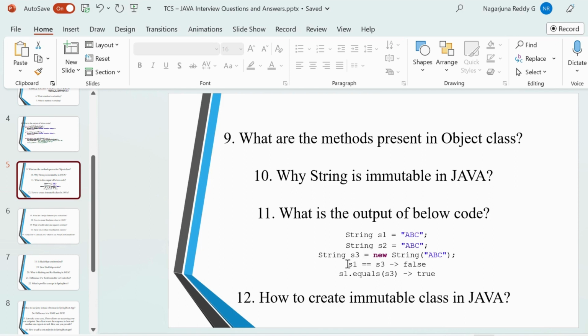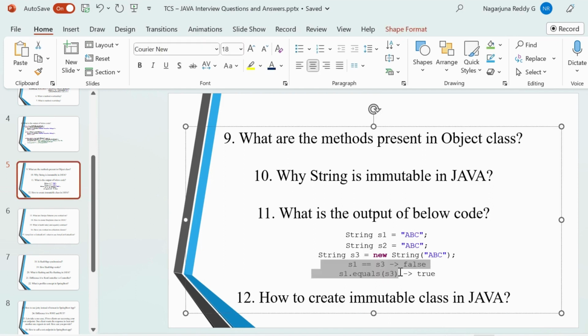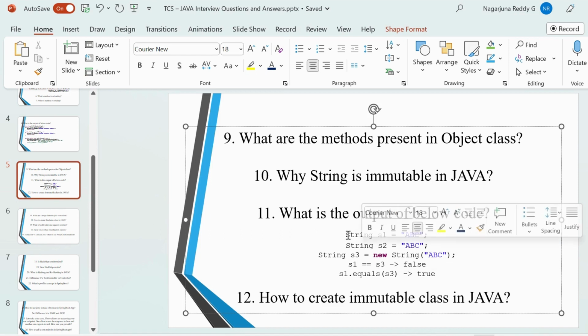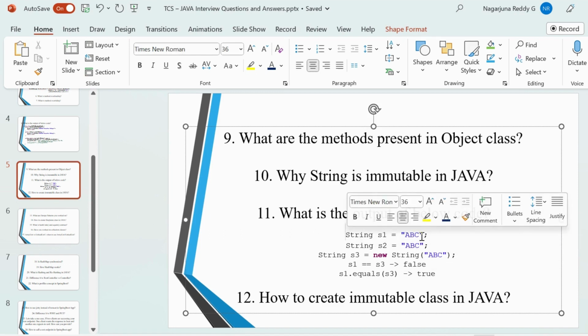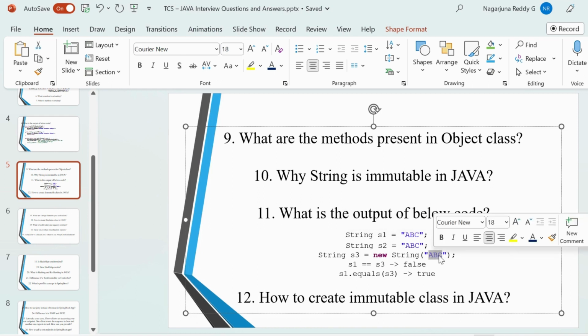Yeah, he asked me about these two. What he's doing is string s1 equal to abc, string s2 equal to abc, and he is trying to create another object with a new string of the same value. So whenever we